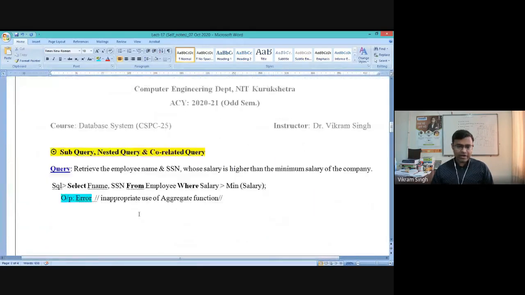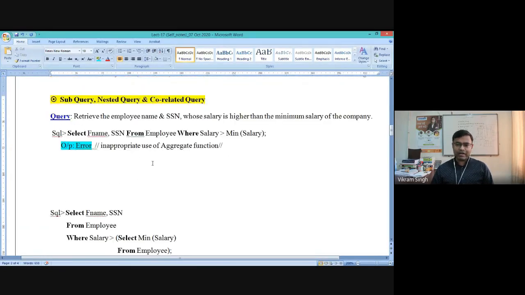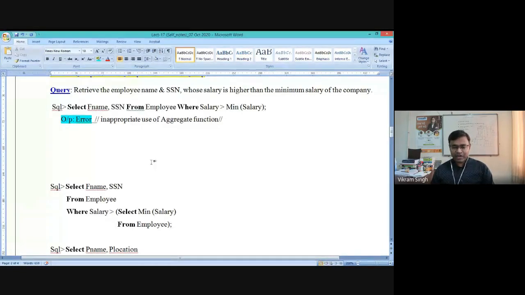Now, why is subquery important, and where do we need to write a subquery? Let's take one simple query which we discussed, I think, in the previous lecture, on the day when we started discussing aggregate functions.